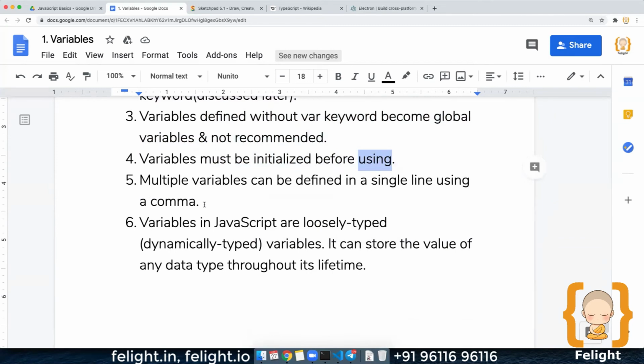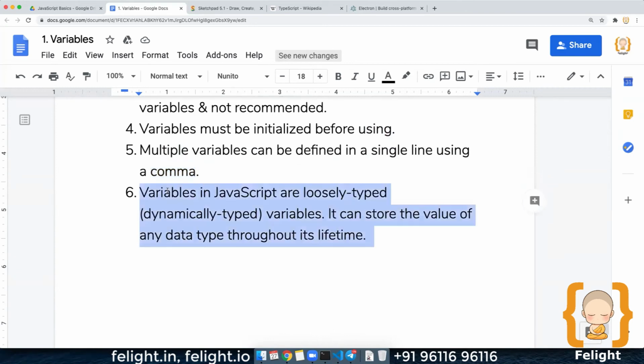If you do not initialize, it will have the value undefined. There's a value called undefined and there's a data type called undefined, so the value undefined is of type undefined. Multiple variables can be defined in a single line using a comma. Variables in JavaScript are loosely typed or dynamically typed. Loosely typed is another name for dynamically typed.